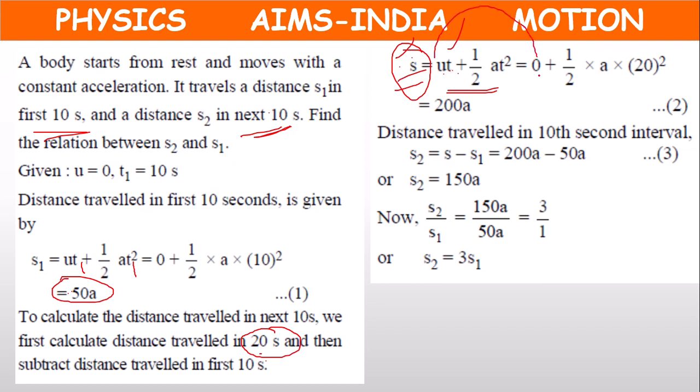0 into T will become 0, plus half into A into 20 square. So half into A into 400. Here 400 will come, 200s are 400. So 200A will come. So this is the total distance. So distance traveled in